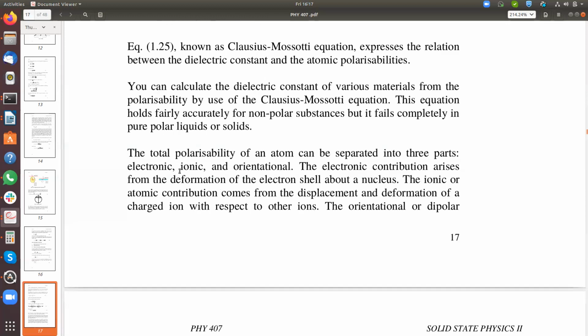So the total polarizability of an atom can be separated into 3 parts: 1, the electronic part, 2, the ionic part, and 3, the orientational. So the electronic contribution arising from the separation of electron share